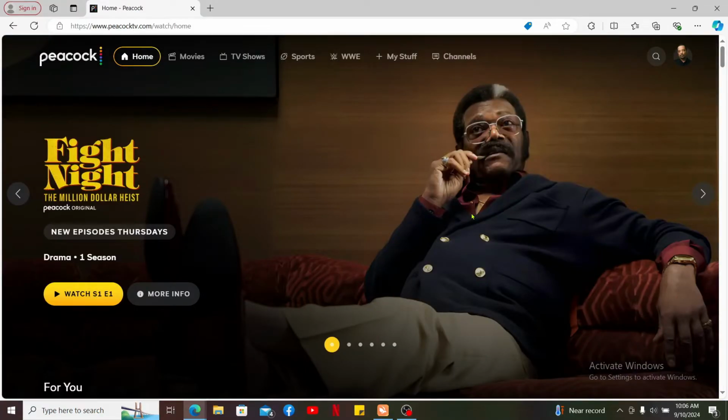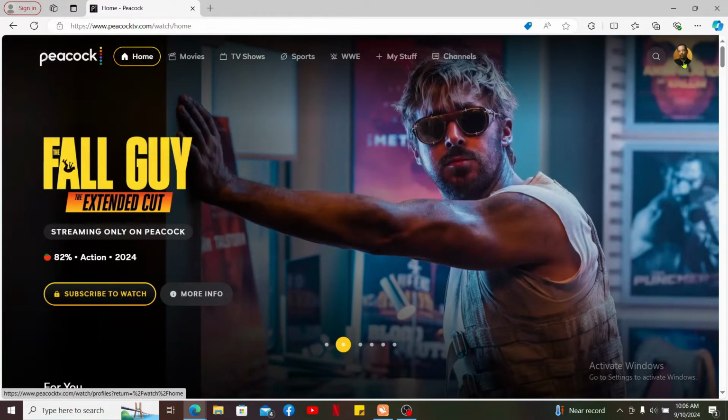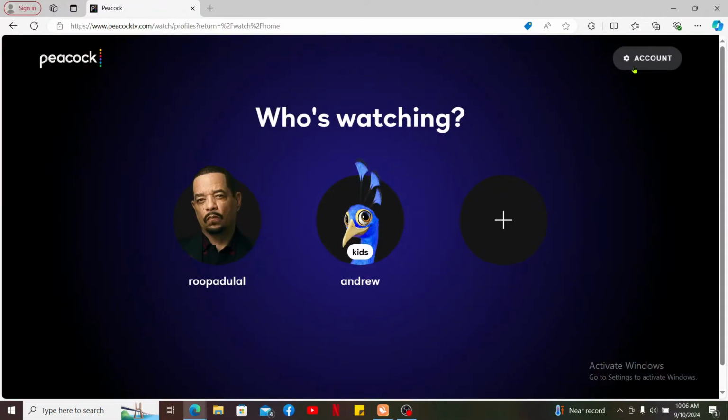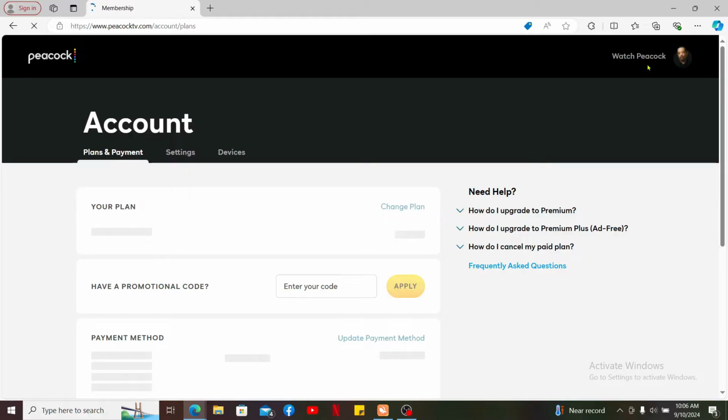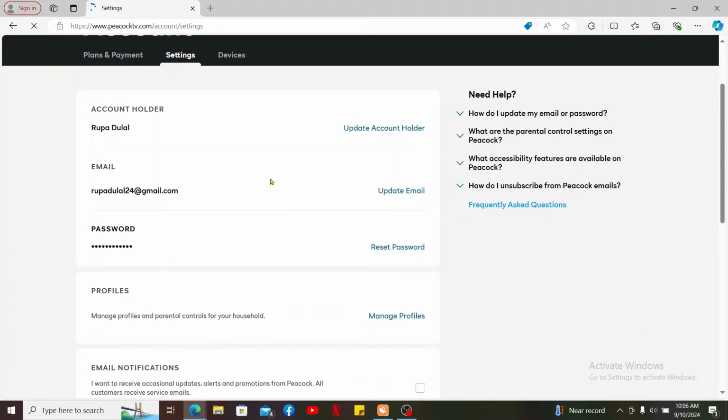You will then end up on the main homepage of Peacock TV, from where simply go ahead and click on your profile icon at the top right hand corner. Click on the account button at the top right on the next page, and then this will open up your accounts menu. Under the accounts menu, click on settings, and from the settings menu, click on reset password right next